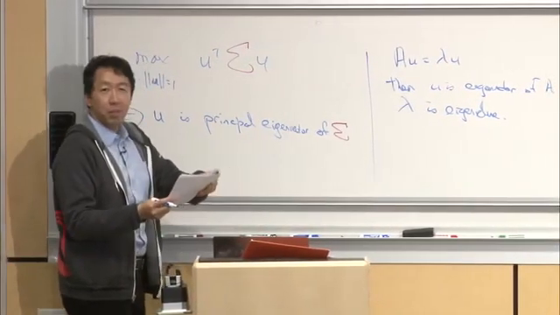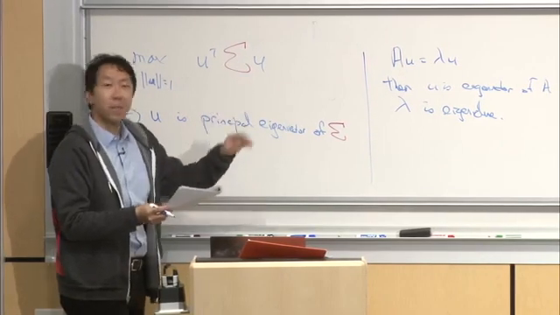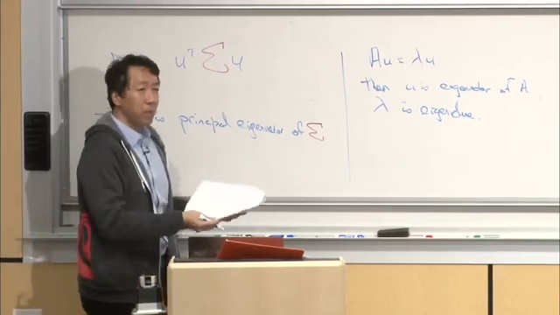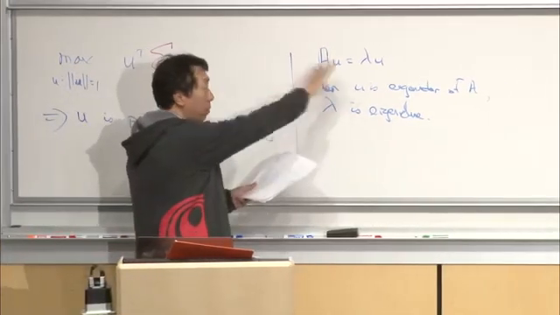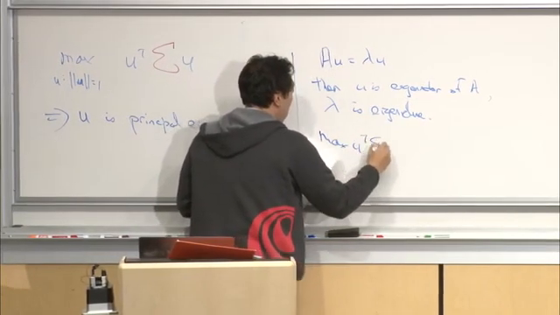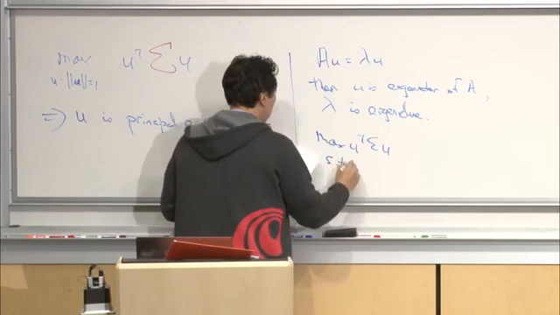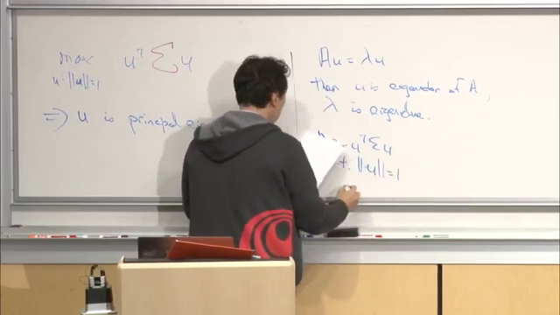Actually, how many are familiar with the method of Lagrange multipliers? Okay, fewer of you. All right. If you're familiar with the method of Lagrange multipliers, which you don't have to be, one way to show this is if your goal is to maximize U transpose sigma U subject to norm of U equals 1, then